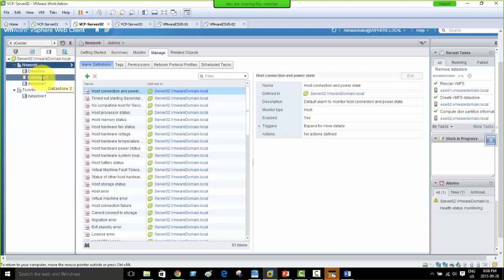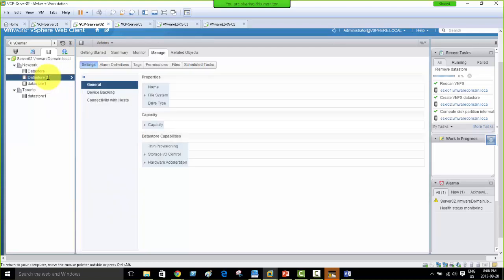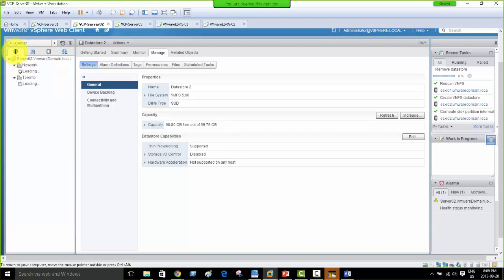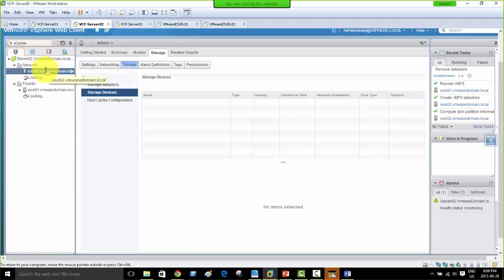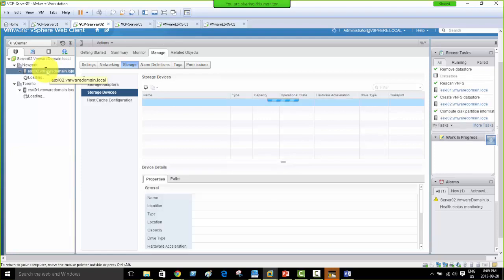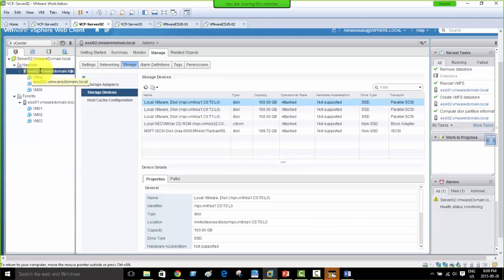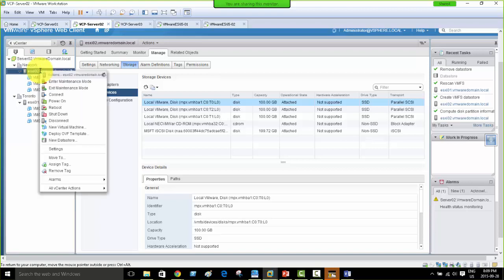So data store 2 is created. So 2 hard disks added. Data store 2 created on one of the newly added hard disks, and now we're just going to quickly add one more VM on data store 2 and not on data store 1, right? Since it's the local storage available for the New York data center, and the only host available inside the New York data center is ESXi02, I'm just going to create a new virtual machine by right clicking the host ESXi02 and going to new virtual machine,